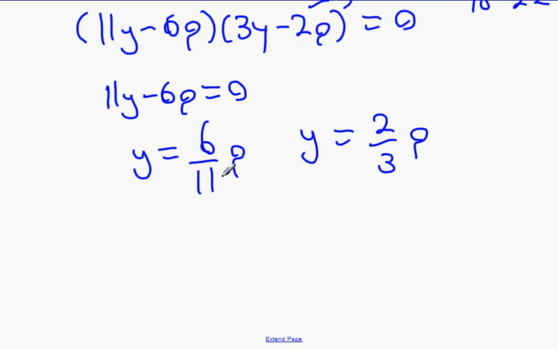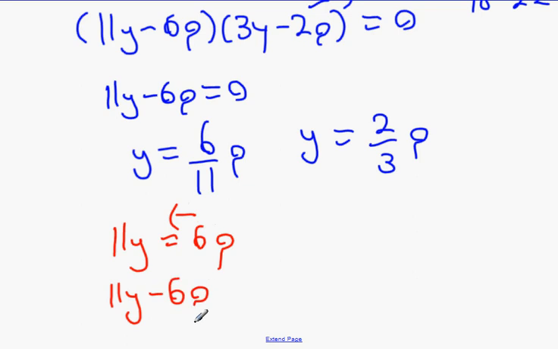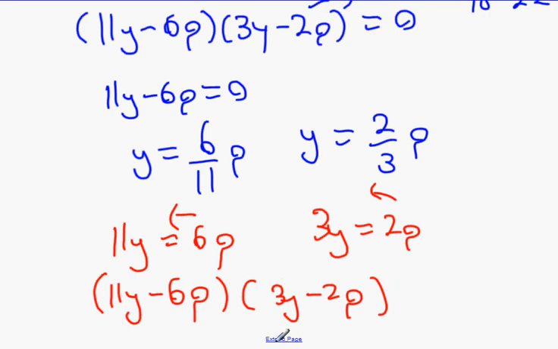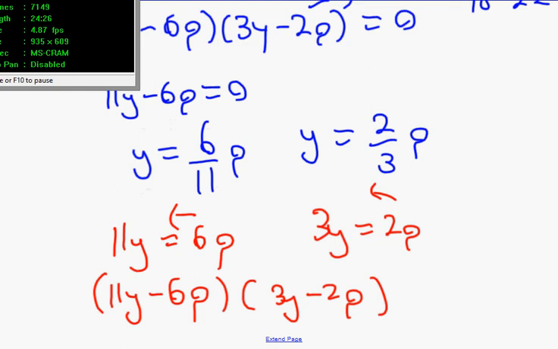Alternatively, what you could have done was write down your answers and work backwards, so you'd get 11y equals 6p, bring the 6p over to your side, and you get 11y minus 6p in one bracket. And then in the other bracket you could have cross multiplied 3y equals 2p, and then brought the 2p over and got 3y minus 2p, and those two brackets fit perfectly into the equation we just had. So that would have been the quicker way. Is that the last part of that question? Yeah. Okay, so lads,